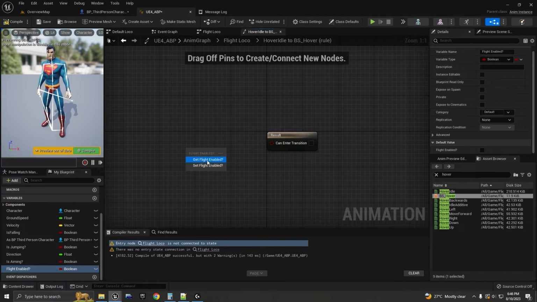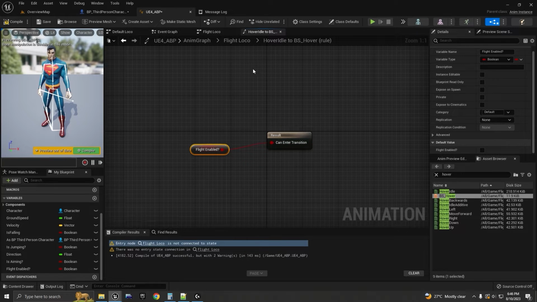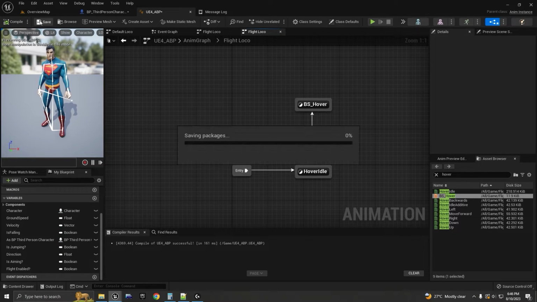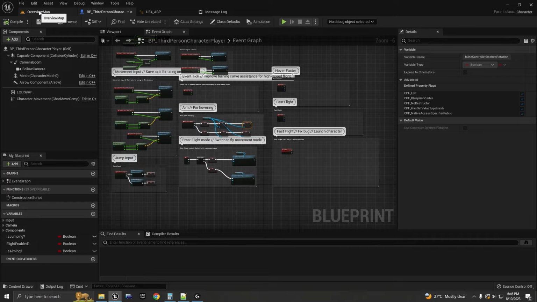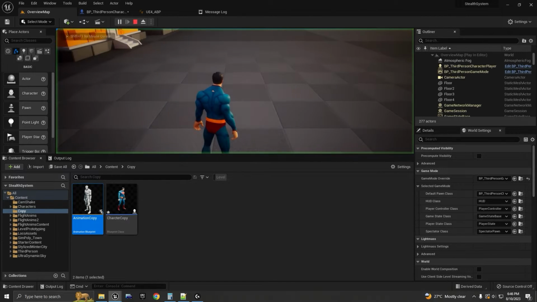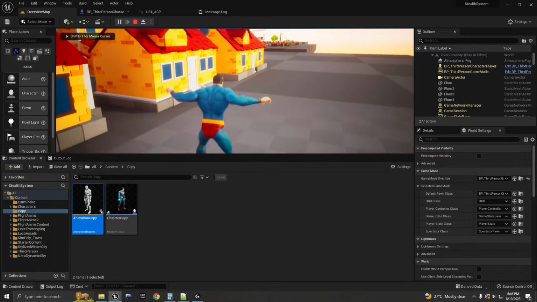Now coming back to hover idle to PS hover. So if the flight is enabled, then we can connect that to the can enter transition. File save, and let's test it out. Let's go back to our review map, play. And if you jump and press F,